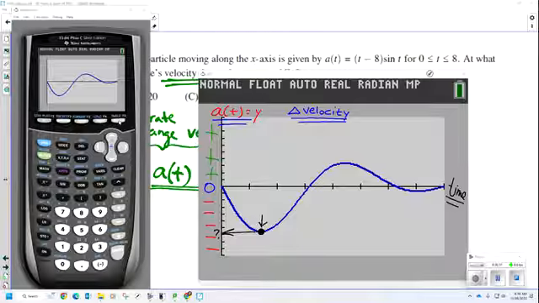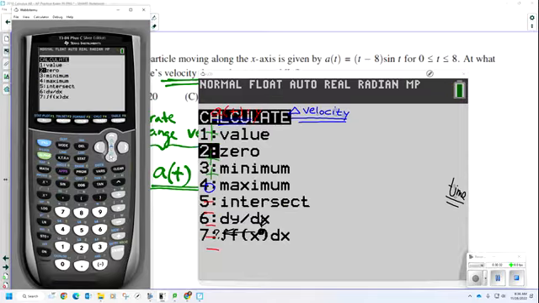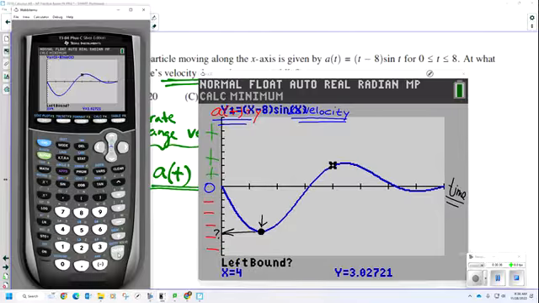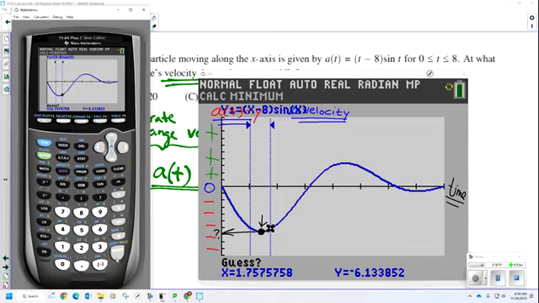So I'm going to go second, calculate, and I want to get a minimum value. I want to locate the minimum. Left, right here. Going to go to right there. Hit enter one more time. And right at this point, it's